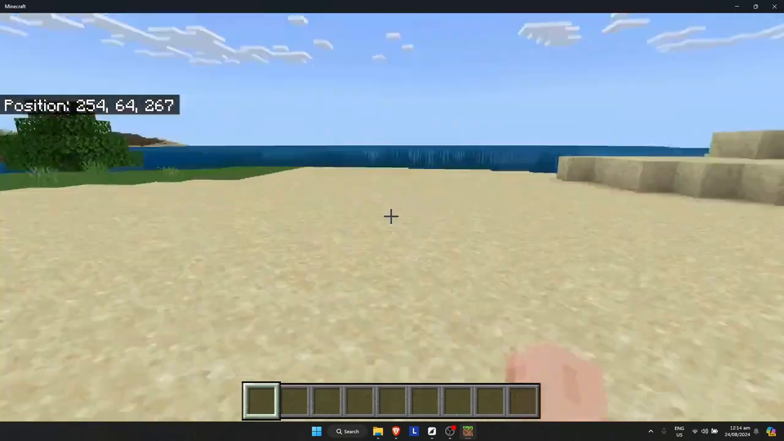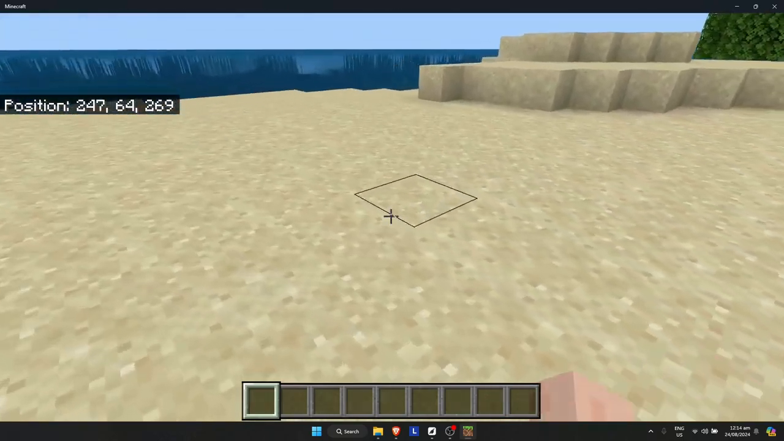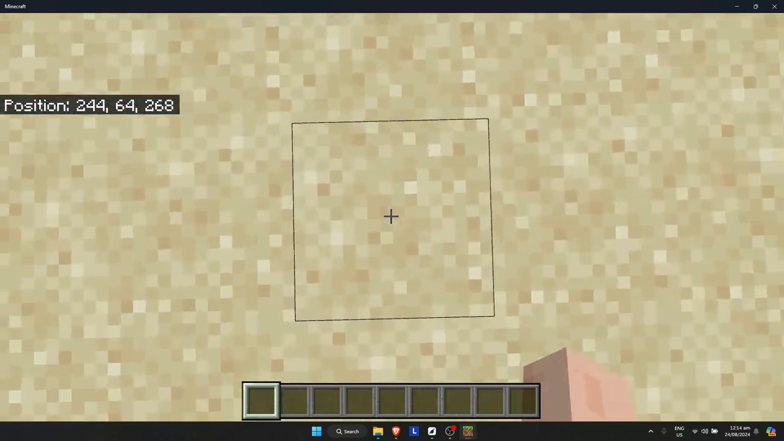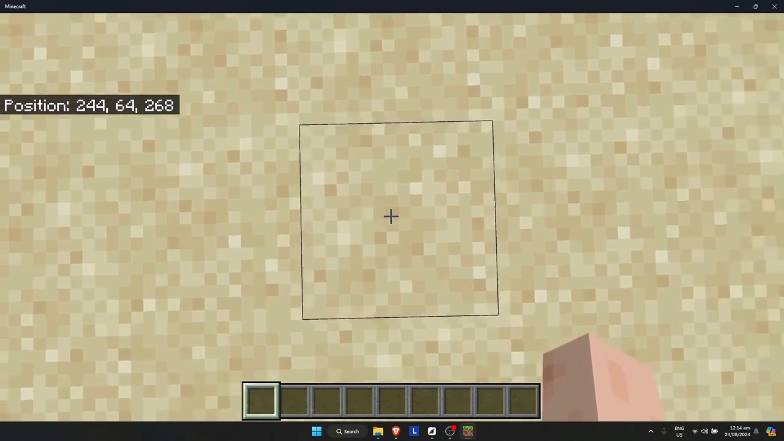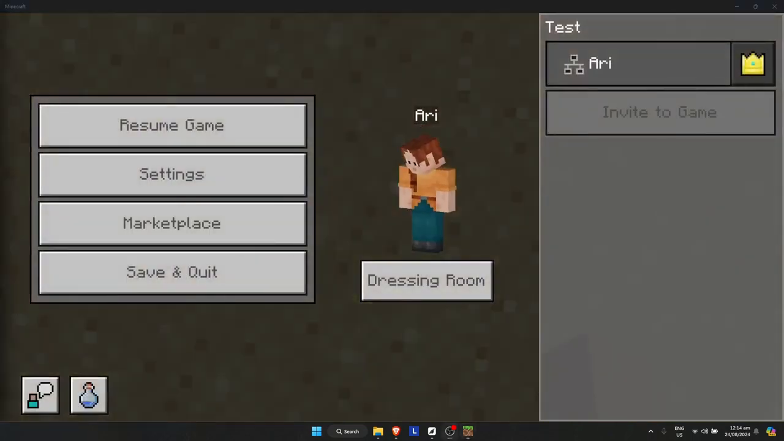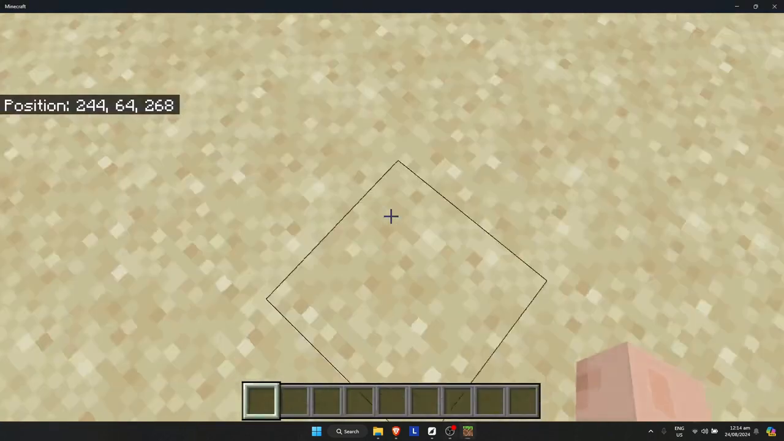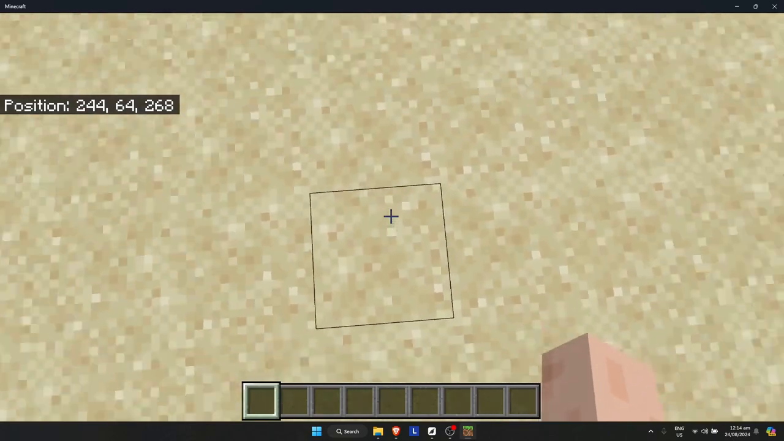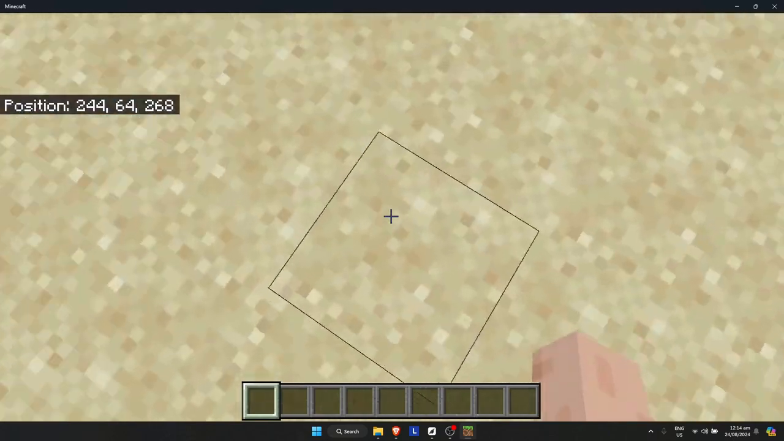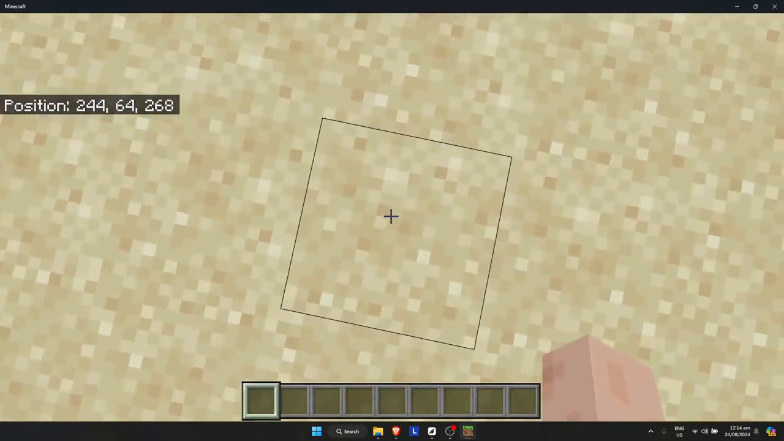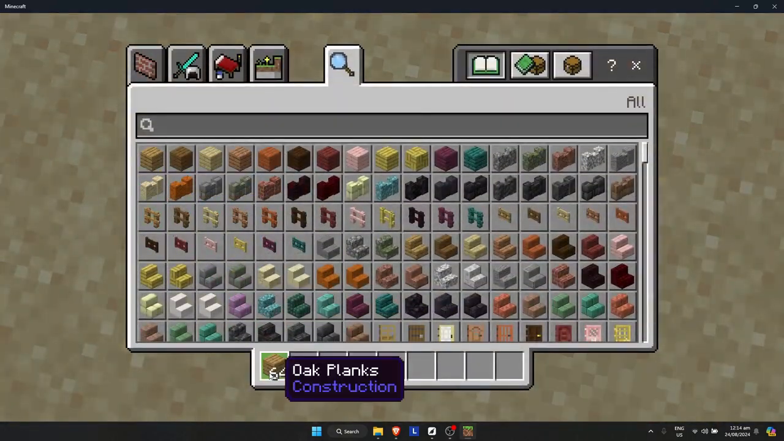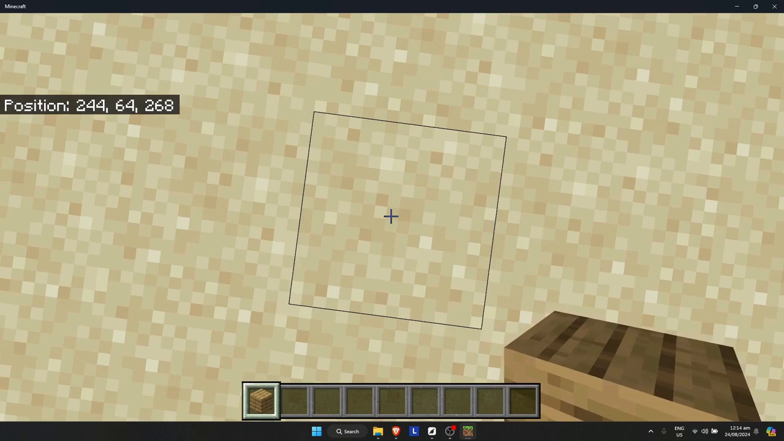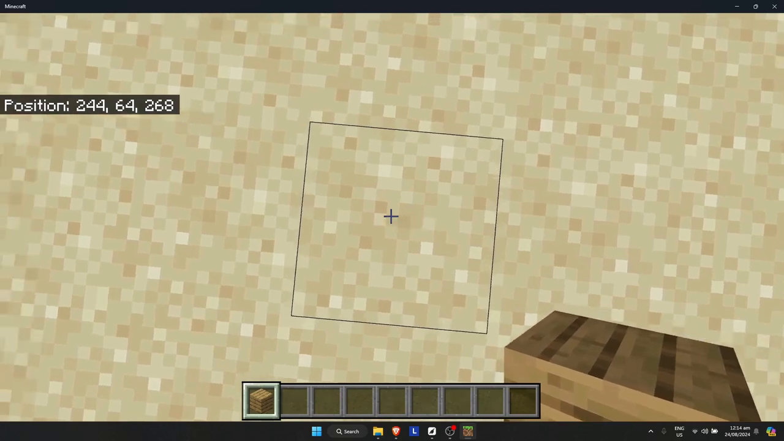Next, I'm just going to go to an open space here. So I'm right here, and I have the coordinates right there. I'm planning to make a huge wall of diamond blocks. What I can do is get a block in my inventory, and I'm just going to remember this position. So it's